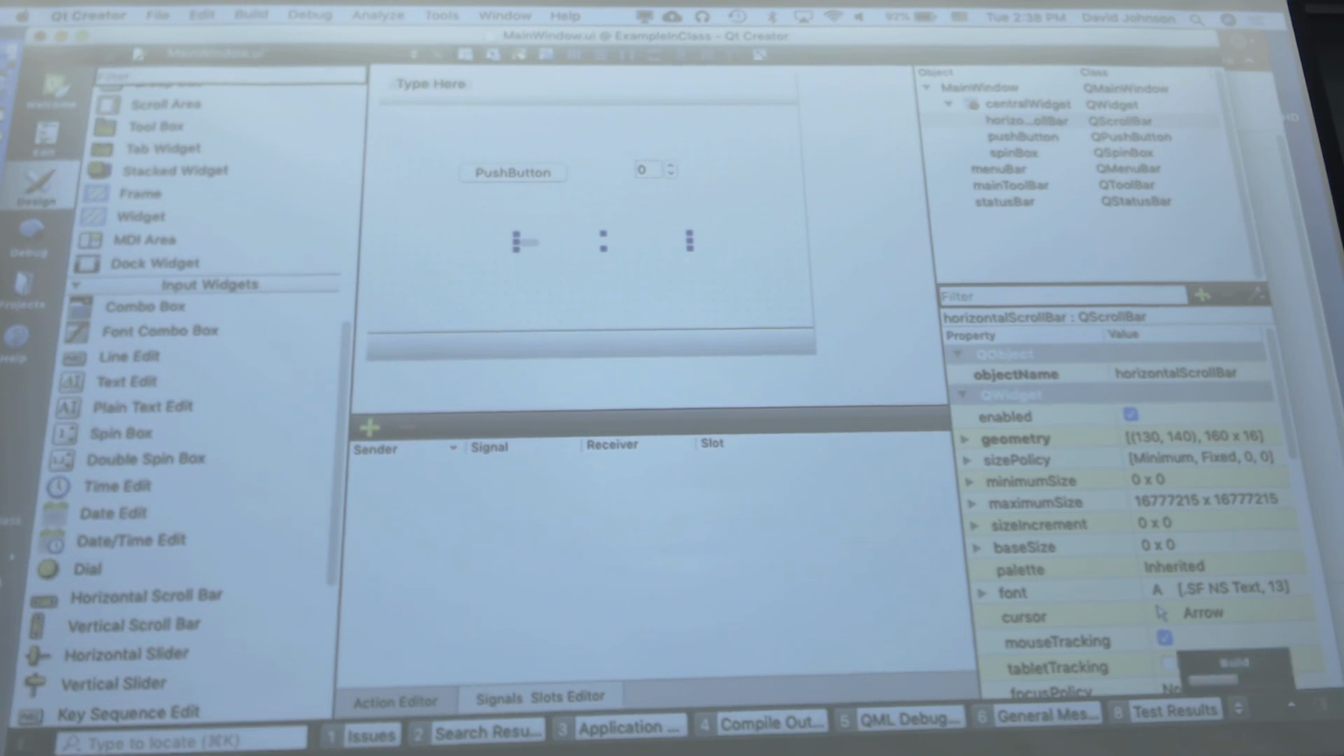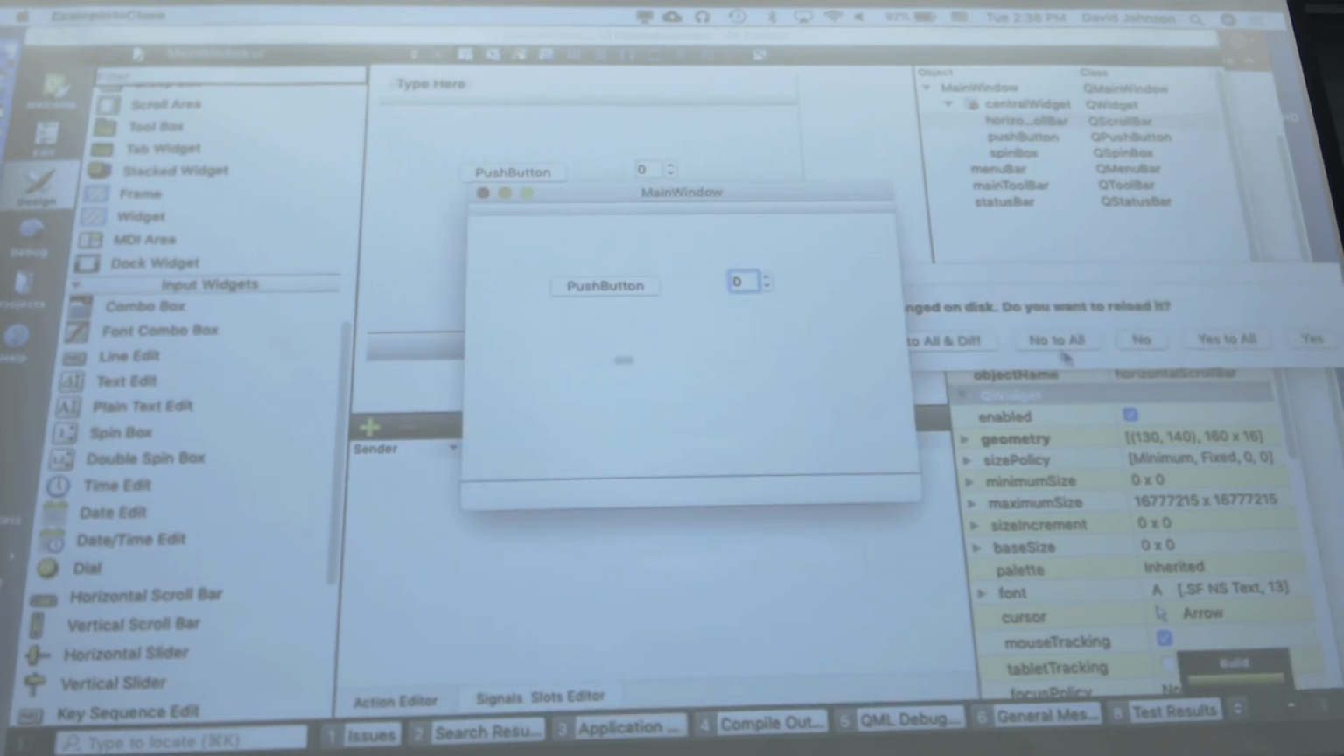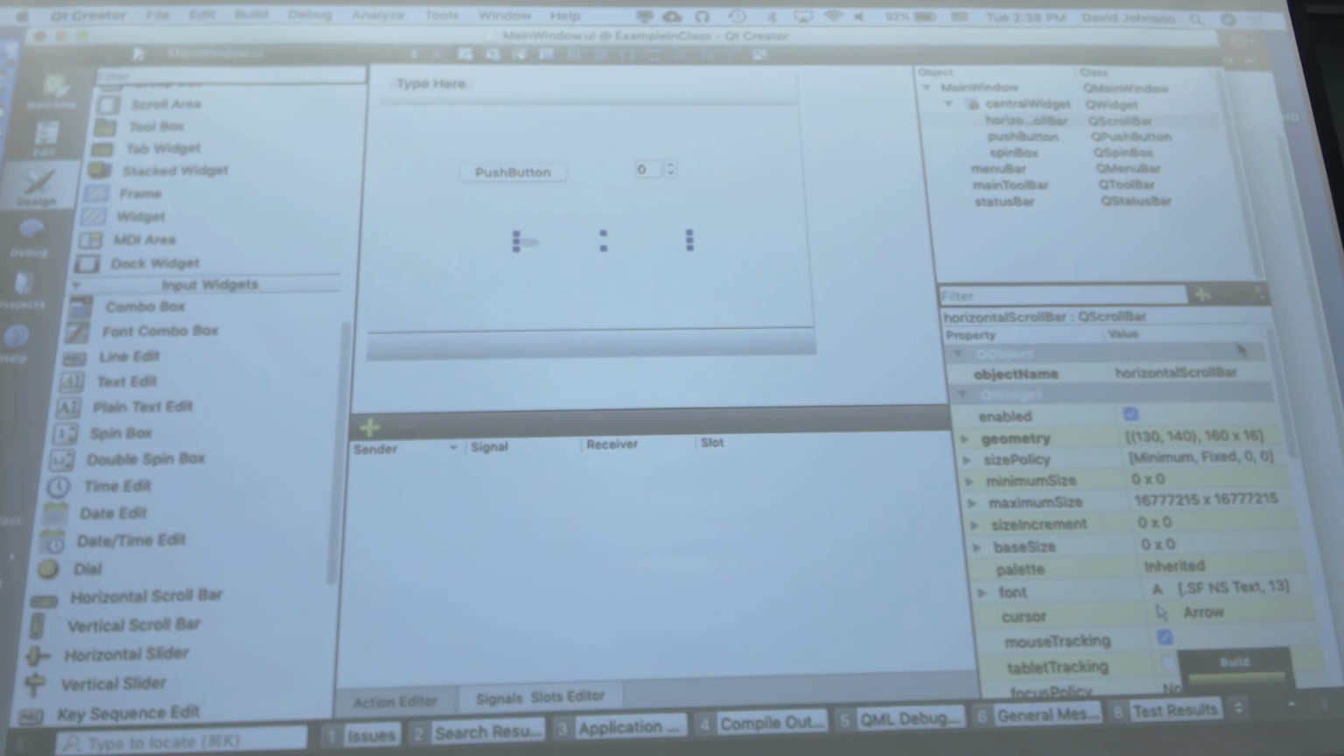Now if I run this, stop saying that. Oh, go ahead. I have it loaded up in here. All right, so